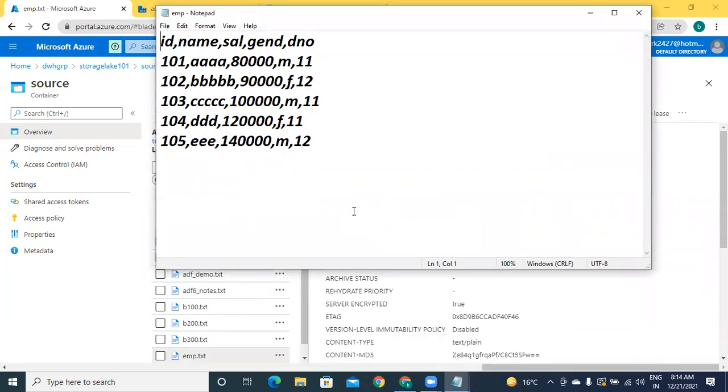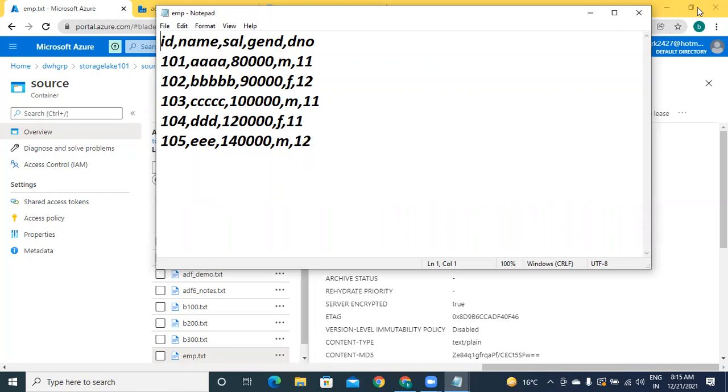Why I wanted to show this data shape is, it doesn't matter about the rows, it matters about the first row, because the first row is the header: ID, name, salary, gender, department number. These are the fields. So while moving into the target database or target storage account, you need to give mapping. We have two types of mapping, auto mapping and manual mapping.